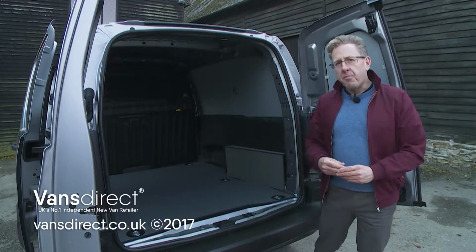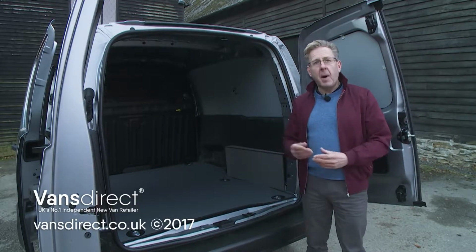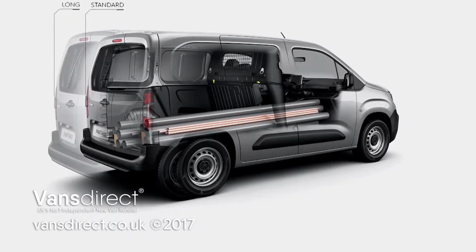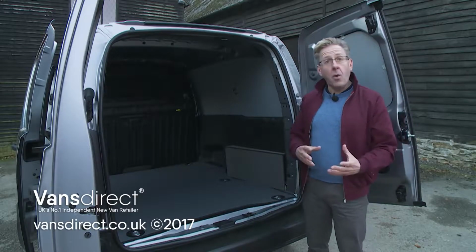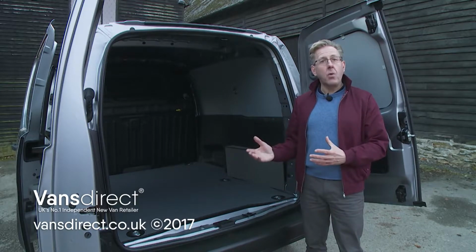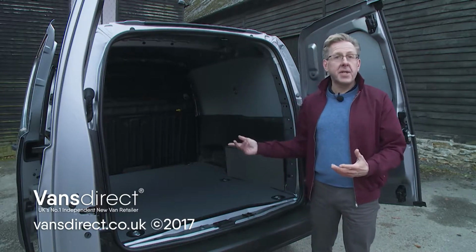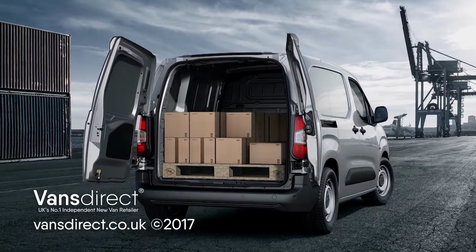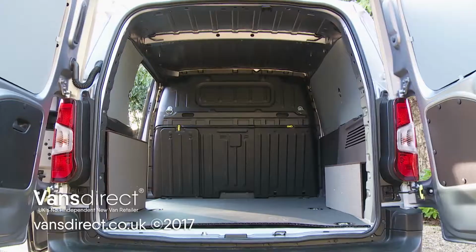Time to focus on practicality. As ever, there are 2 Partner body shapes to consider, this 4.4 metre long standard length version and a lengthier 4.75 metre long variant, which now has a proper long wheelbase platform so can take more inside. Even this standard shape model has a load area big enough to swallow a couple of Euro pallets, thanks to a useful